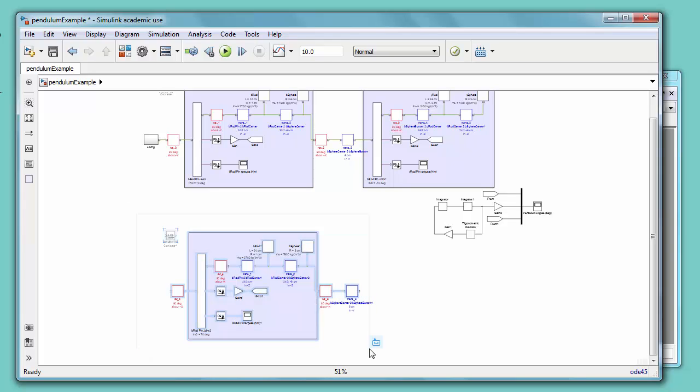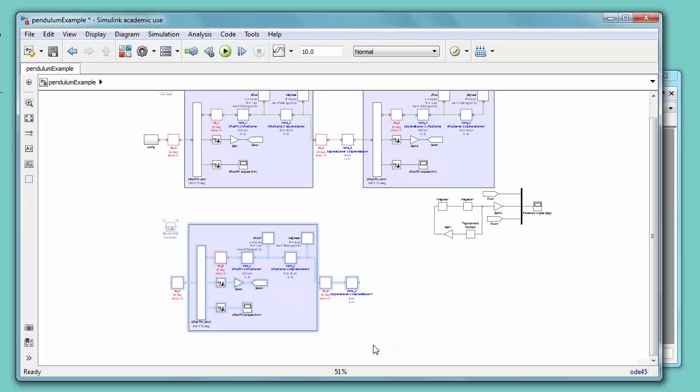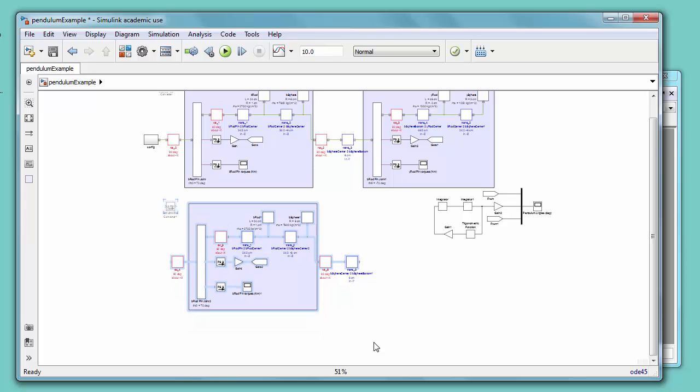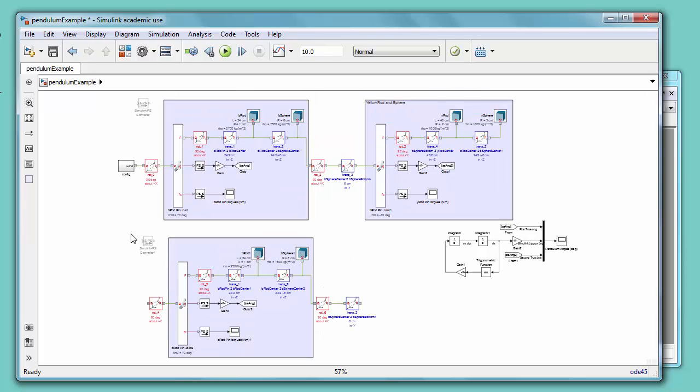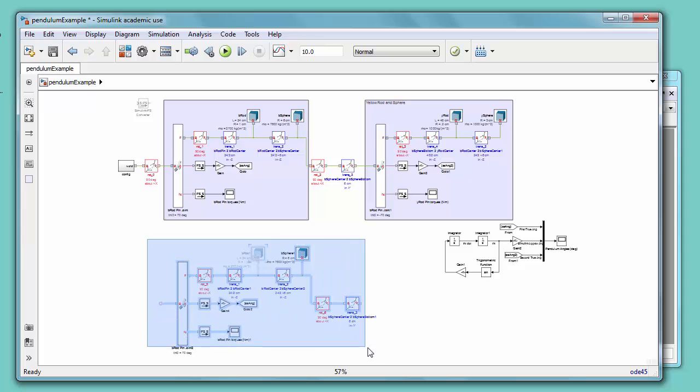Let me scoot things around a bit. I know it's really tiny right now, but I'm going to try to cram things together. And by hitting the space bar and fitting everything to the screen, I can maybe be able to see everything at once. Okay, so now I'm going to take this first link and just get rid of it. I could have set the mass to 0, or I could just comment it out. Either way